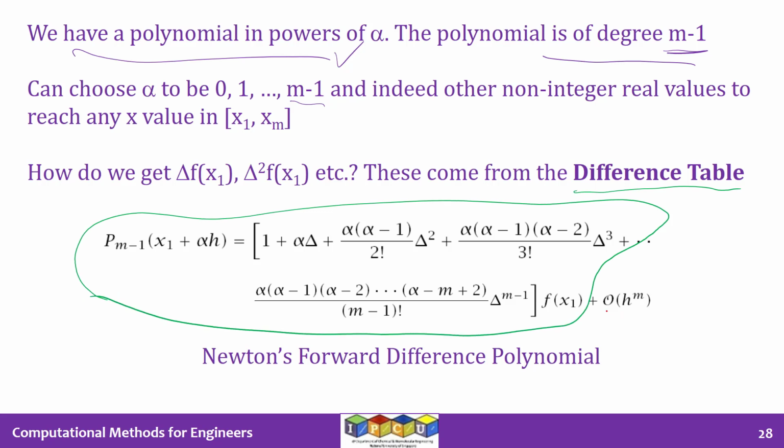And we are going to say that the residual r of x will have a magnitude of the order of h to the power of m. This means order of. It won't give us the correct value, but we can say that r of x under this approximation will be of the size or of the order of h to the power of m, where h is the step size and m is the number of data points that we have. So that is the truncation error.